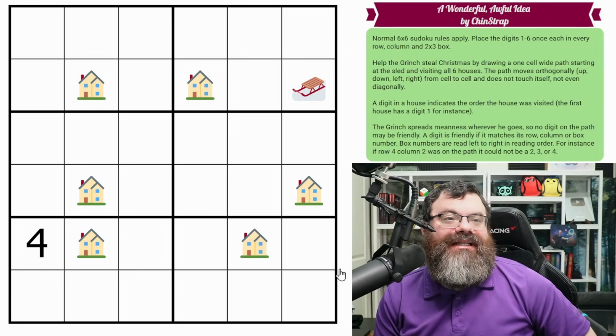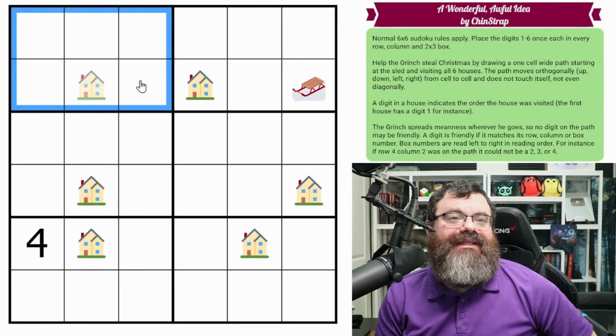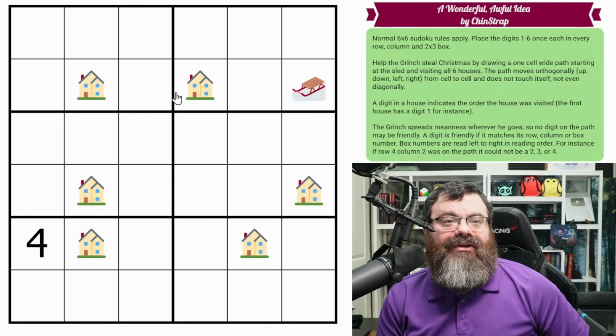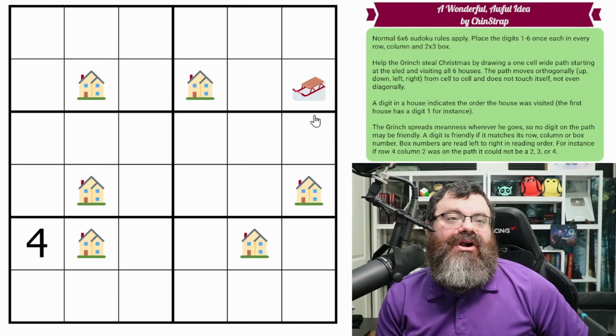So we have normal 6x6 Sudoku rules, so in each row, each column, and each 2x3 box, we are placing the digits 1 to 6 exactly once each. Now, we're helping the Grinch steal Christmas by drawing a 1-cell wide path, starting at the sled and visiting all